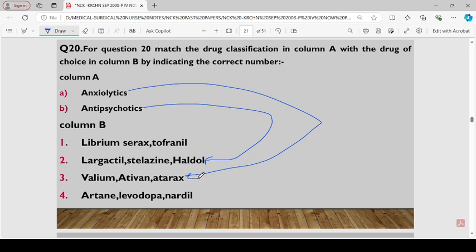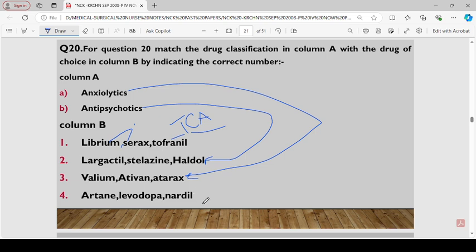If you look at the first option, the first two, Librium and Serax, these are normal. The first two drugs are anxiolytics, right? But this one makes it wrong because what is this class? This class is an antidepressant, especially the TCA, right? Guys, a link will be popping up on antidepressants. You can look at the different types of antidepressants, including the TCA, tricyclic antidepressants.